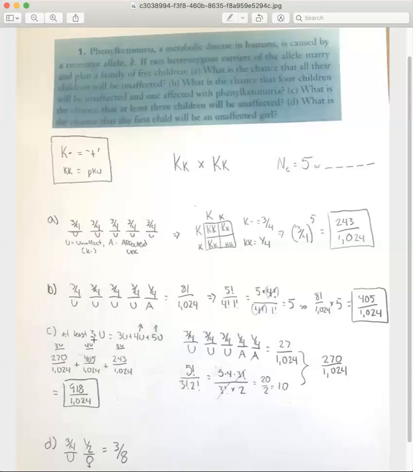So when they say at least 3 affected, we can think of that as 3 being affected, or 4 being affected, or 5 being affected. In all 3 of those accounts, at least 3 are affected. The lucky thing here is that we've already calculated the probability for 4 being affected in B, and all 5 being affected in A. So all we really have to do is figure out what's the probability of 3 being affected, and then add it to our other 2 results. And so here we have the 5 different events, 3 unaffected, 2 affected. We times those out. That equals 27 over 1024.